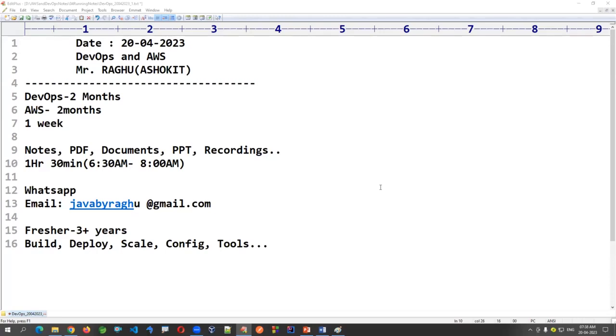Yes, it is possible. You are at an initial stage, right? At any stage, you can change the career to DevOps and AWS. There is no issue. AWS and DevOps are going to have a really good boom in the upcoming years also. I recommend you combine Java with this combination. That's a good approach. No, sir, I can't learn coding. I don't want to be in the coding part. Then also it is good here.